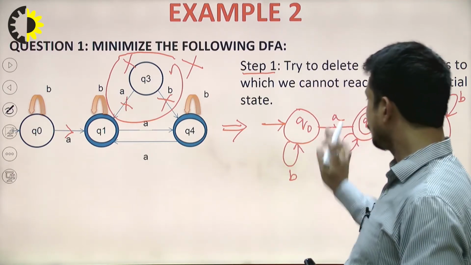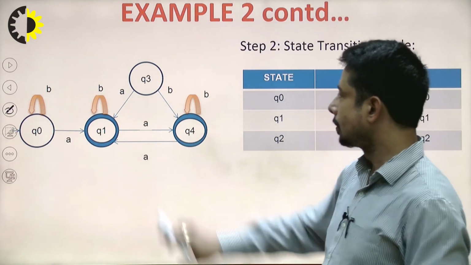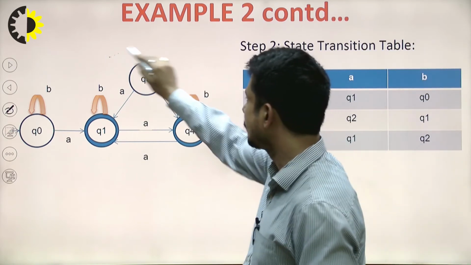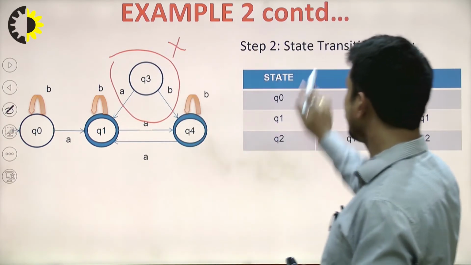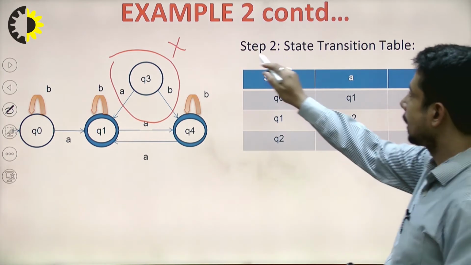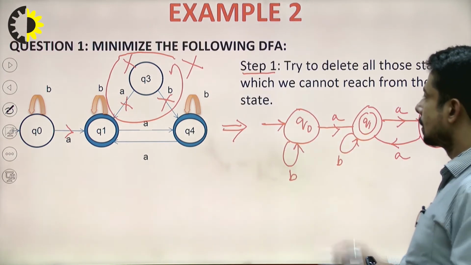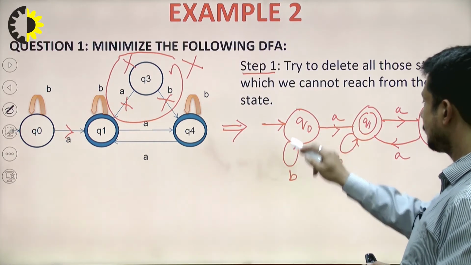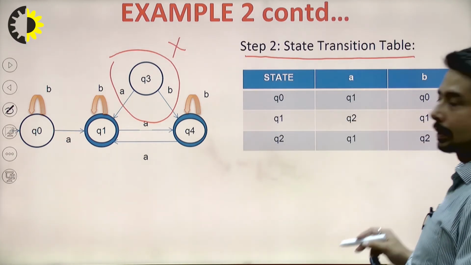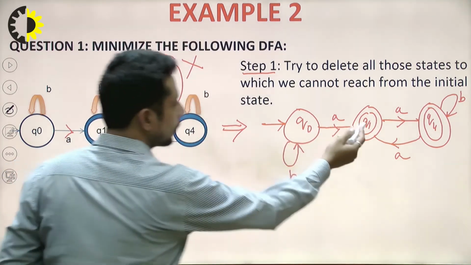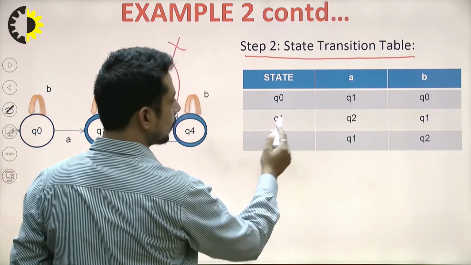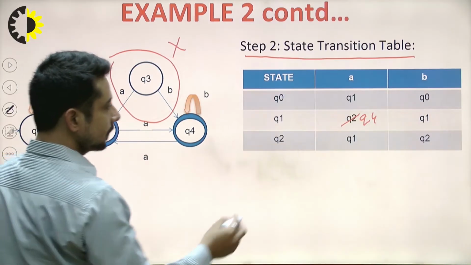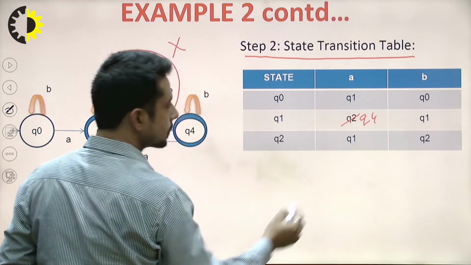Okay. So this is the final diagram in step number 1, which I haven't drawn over here, but yes, I have mentioned it over here. So this will be deleted from here. If you look into step 2, I have to draw the state transition table, right? So Q0 on seeing A, it is going to Q1, correct? Q0 on seeing B, it is going to itself, correct? Then next, Q1 on seeing A, it is going to Q4. Q1 on seeing A, this is not a Q2, this will be Q4, okay? Then Q1 on seeing B, it is coming back to itself, correct?